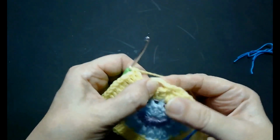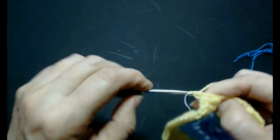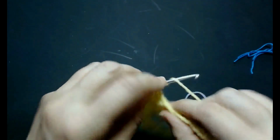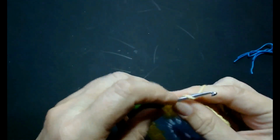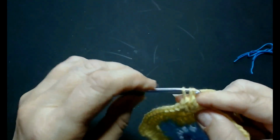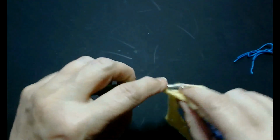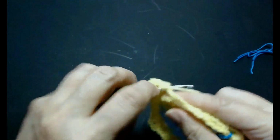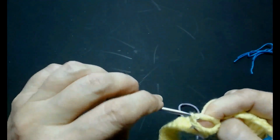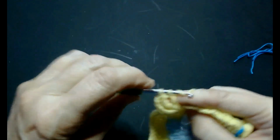So into the next chain, I'm going to put 2 treble crochets, 1 and 2, 1 double treble, 1, 2 around your hook, and in, through 2 loops, yarn over, through 2 loops, yarn over and through 2 loops. And you're going to chain 2, 1, 2, and build the other side of the corner. Start with a double treble. This is the only round that will do double trebles in. Then your 2 treble crochets, 1